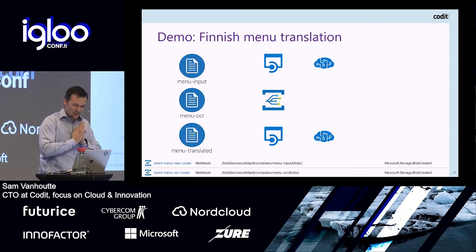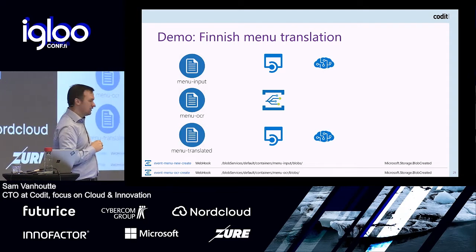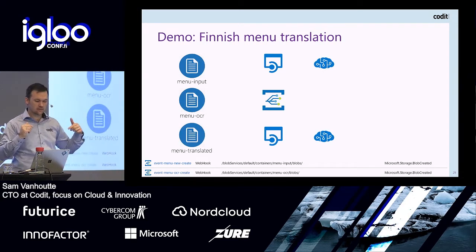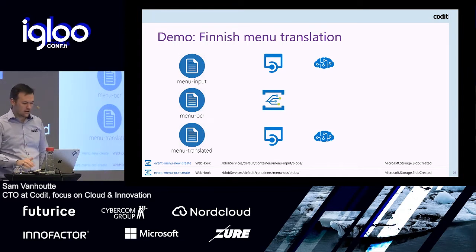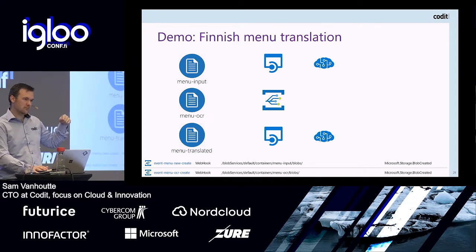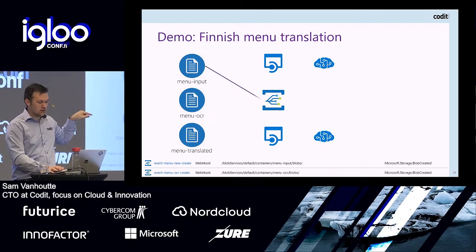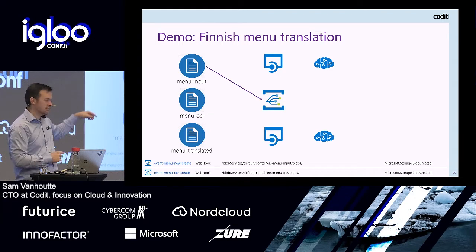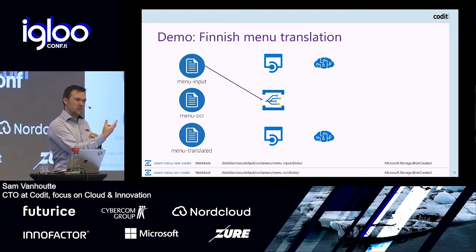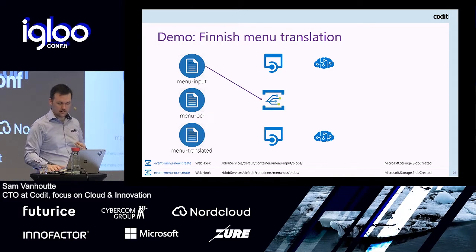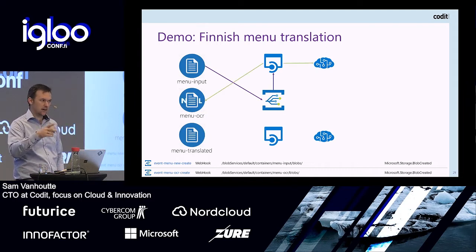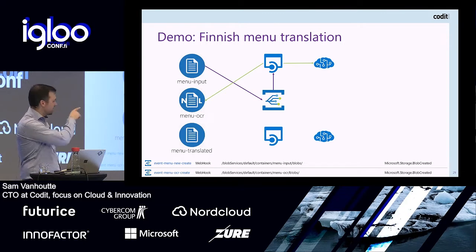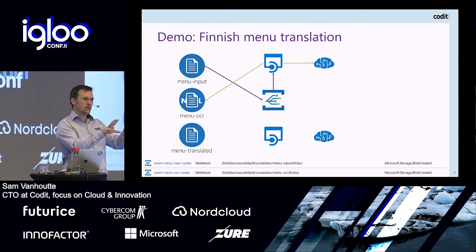It's a salad. So what I have is actually 3 storage containers, just for demo purposes. I would not build a real live application like this, just to get the gist. So if I upload this menu into the menu input, what happens? I have Event Grid that registers to the blob created event. And then I have a handler, which is just a webhook. So it's an API that does that validation handshake, and then says, I will use, on the right side, you see cognitive services to do the OCR.